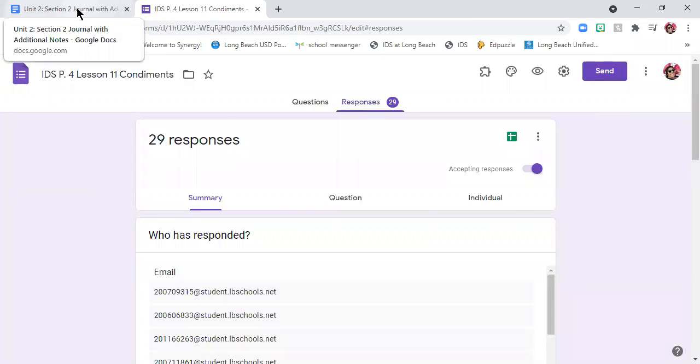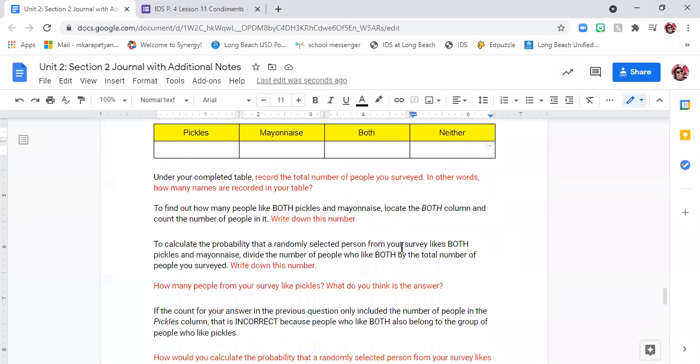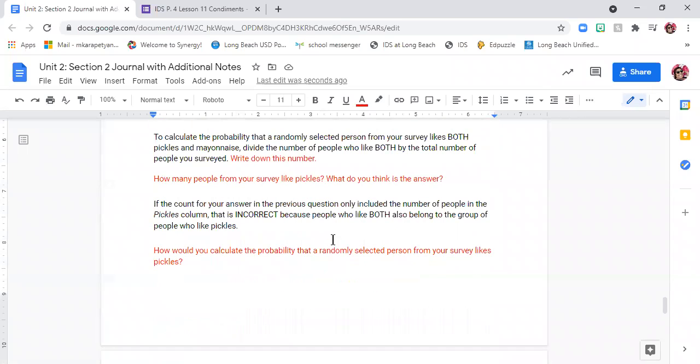So what you're gonna do right now is I'm gonna scroll down to the pie chart, and what we're gonna do is, instead of doing tallies, you're just gonna write the totals, okay? And the questions are pretty straightforward, but you have to also read what's in the black. So you're gonna answer what's in red, and you're gonna read what's in black, because there are parts in this where the black is really good notes. Okay, so you might want to copy and paste it in your notes. You might want to write it down in your notes notebook, because they give you exactly how to do it